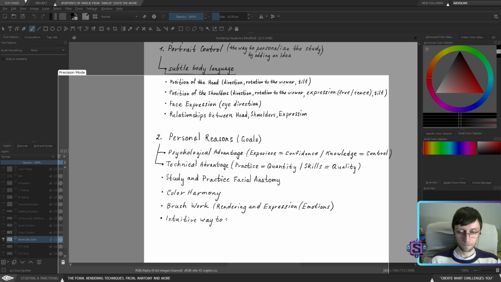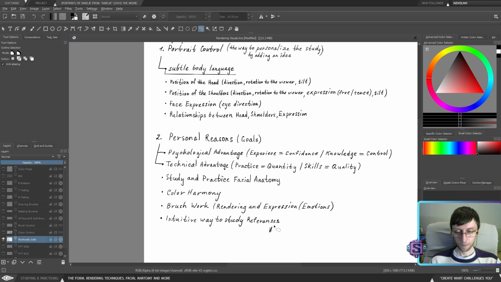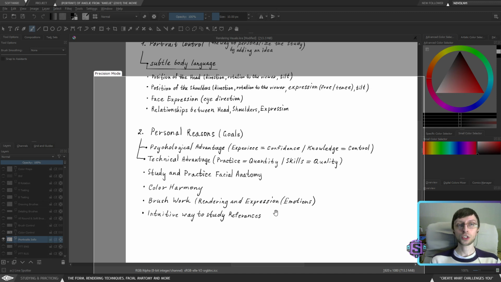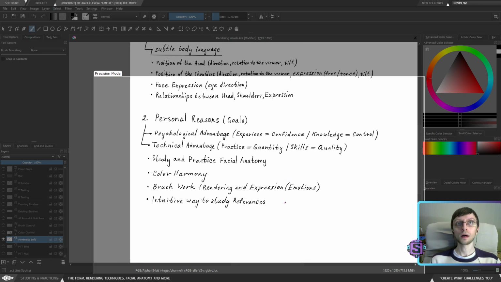Intuitive way to study references. This is just personal, and also practice and apply true to life anatomy from anatomy and form scale.